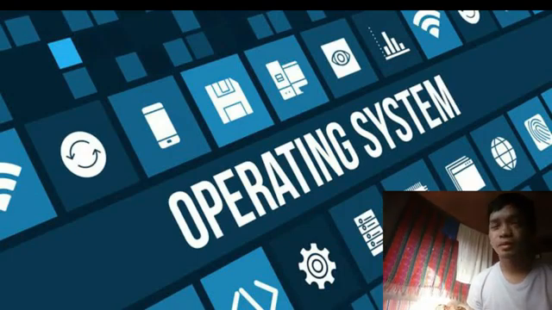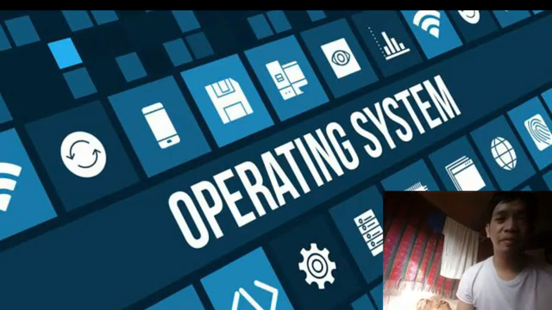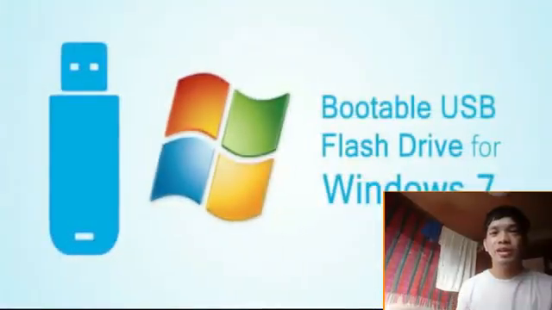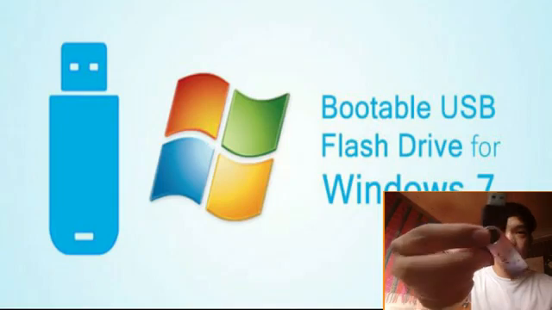Now on how to install an operating system in your computer. The operating system we will use is Windows 7. So here's the minimum system requirements for Windows 7. Now let's start to install Windows 7 using your bootable flash drive